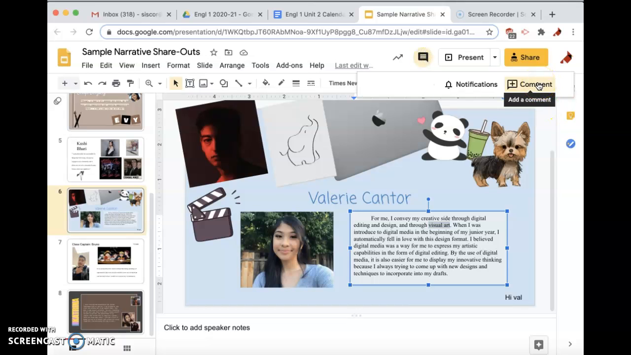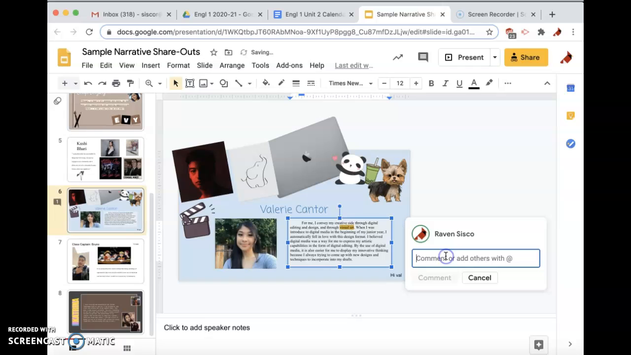I'm going to click Comment, which adds a comment, and then I'm going to type my response. So I want to tell Valerie that I really love creating things in art too. Like, I identify with this. So I'm going to say,